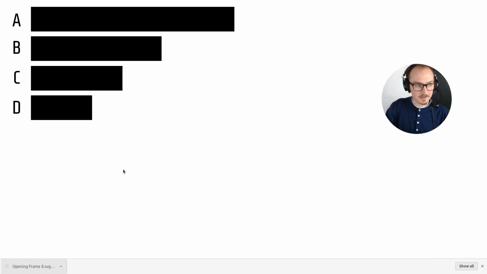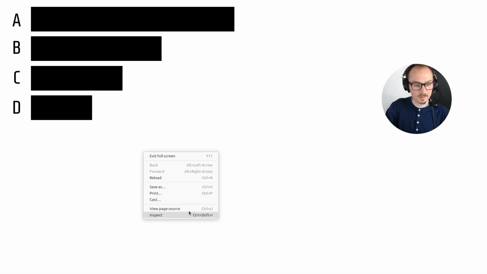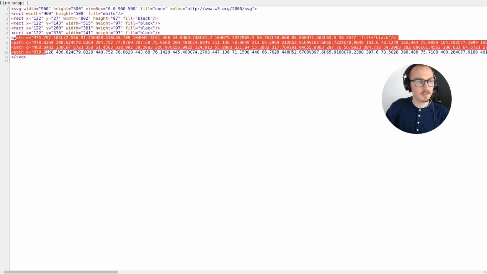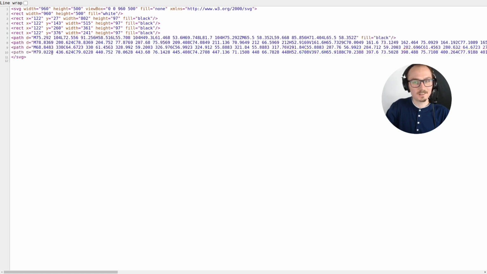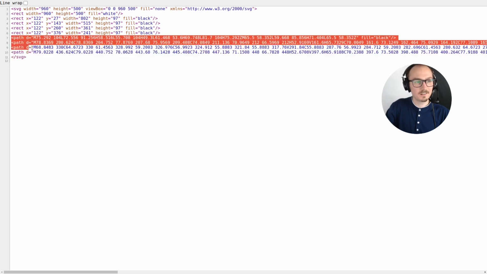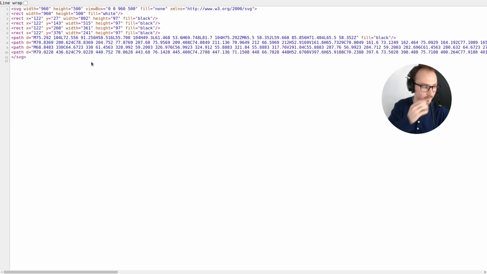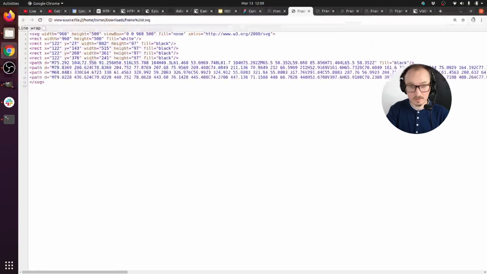Export frame 8. I'll view the source and copy this stuff. Oh, that's odd. The text has ended up as paths. I guess that makes sense, so that you can preserve the font. But this is a great opportunity to introduce fonts